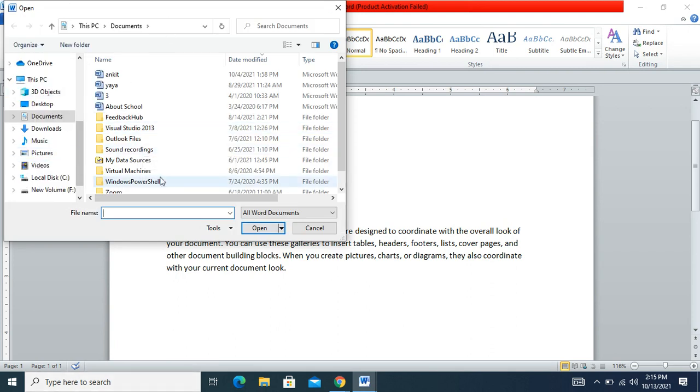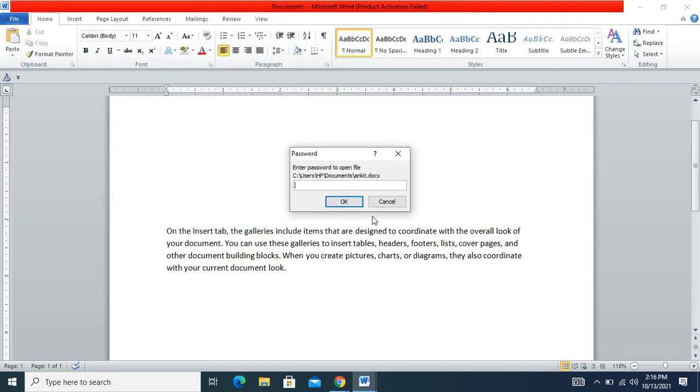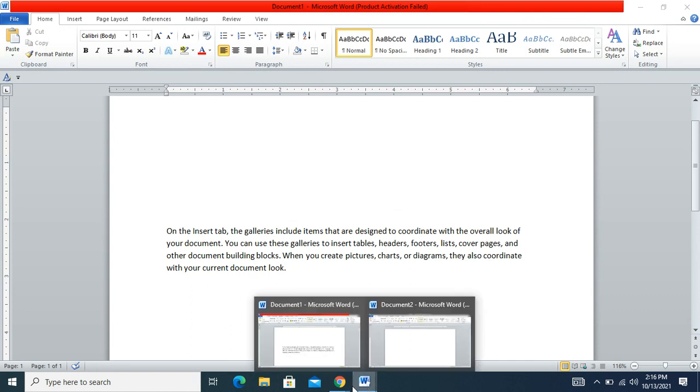So here, after pressing Control plus O, the Open wizard is opened. Select any particular file, for example Ankit, and open the file. Here a password is required, but the file is opened.